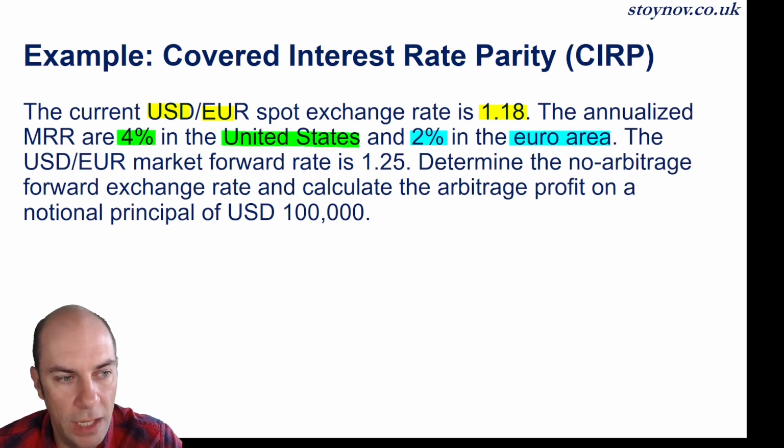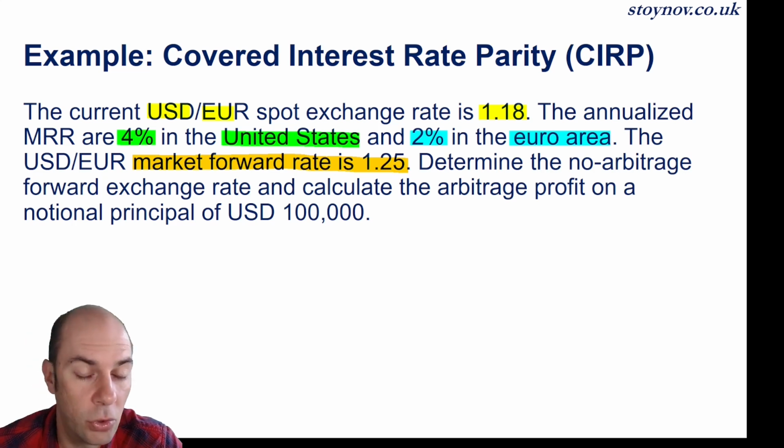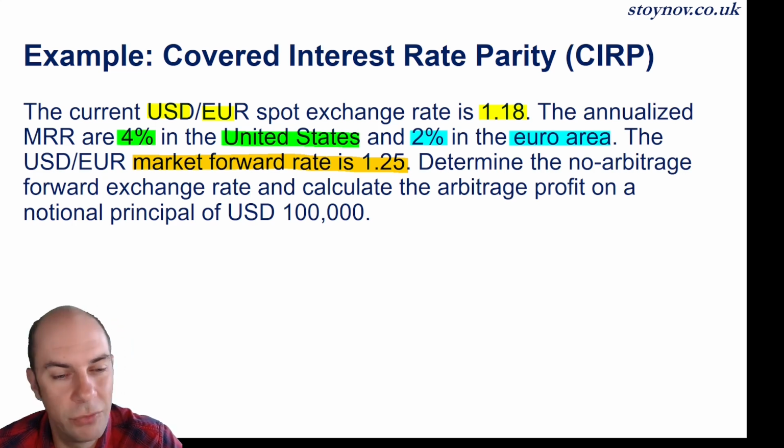Okay. We are given a market forward rate of 1.25. Now, we don't know if that is the no arbitrage rate, but we're certainly given something. Determine the no arbitrage forward exchange rate. That, of course, will involve us working with the covered interest rate parity in a minute. Then calculate the arbitrage profit on a notional principal of